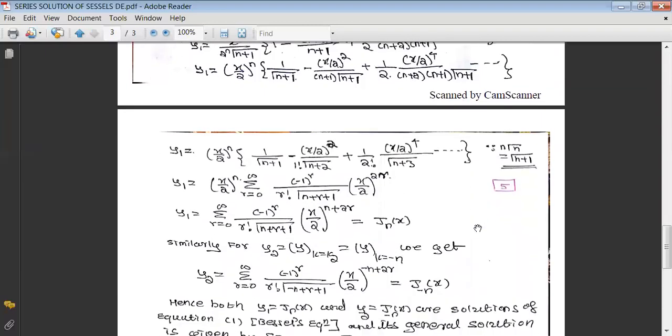And from the first semester, when we discussed some of the relations of gamma function, we identified one recurrence relation as n gamma n is gamma n plus 1, or we can remember it as n into gamma n equal to gamma n plus 1. And now we are going to apply this result for these cases. Then this (x by 2) raised to n we kept as it is. Then this is 1 upon gamma n plus 1 as it is, minus (x by 2) raised to 2 that we have written here as it is.